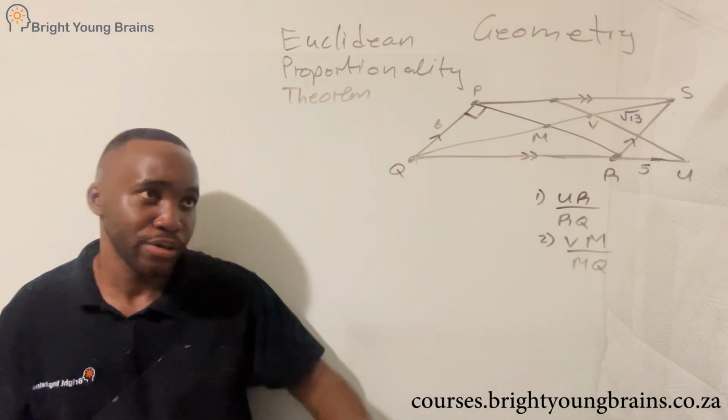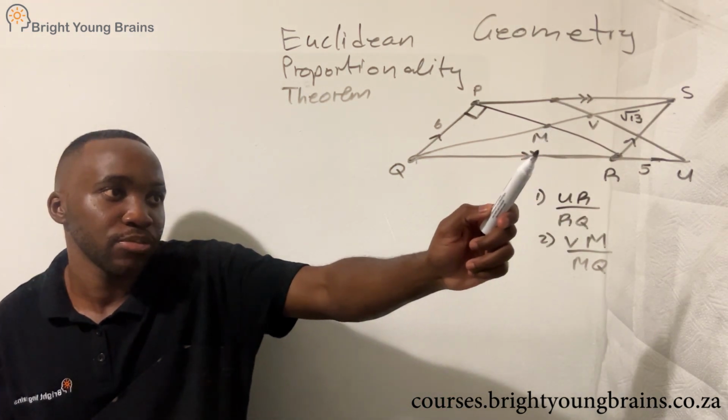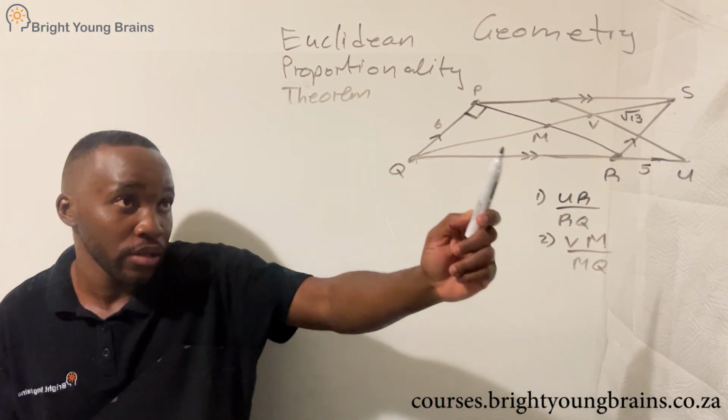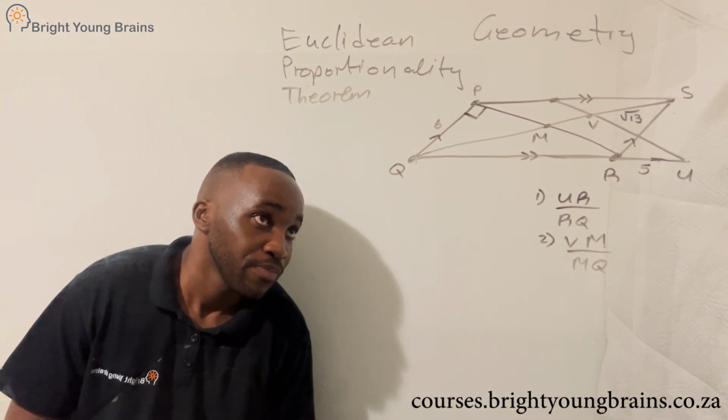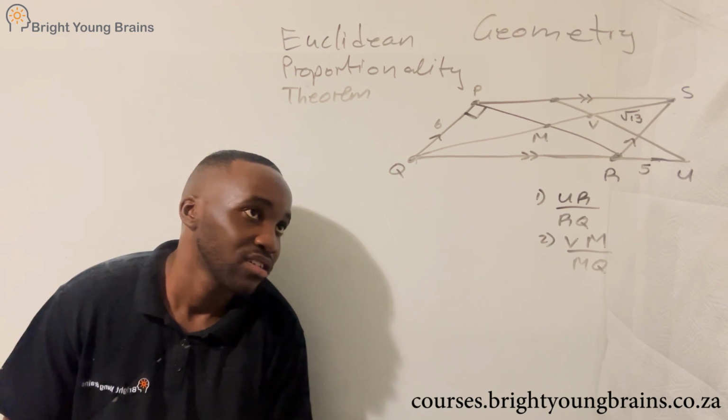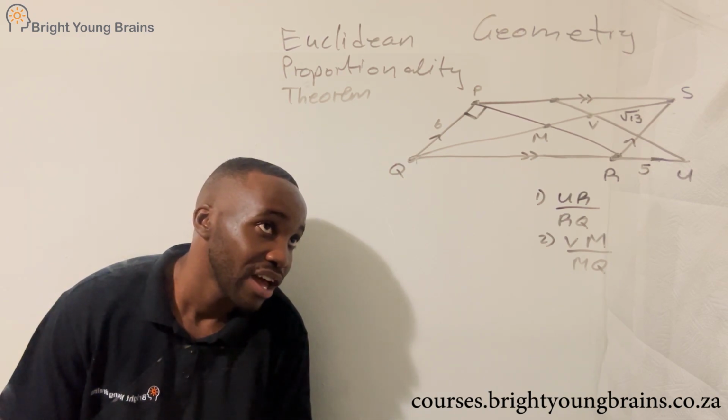PQRS is a parallelogram because this line is parallel to this line, so those are equal as well. And this line is parallel to that line, so those are also equal. And then there's just a lot going on. Now,